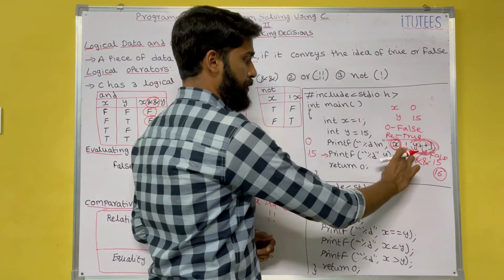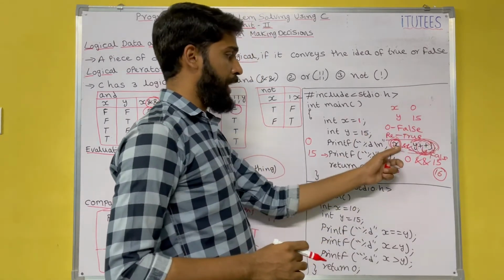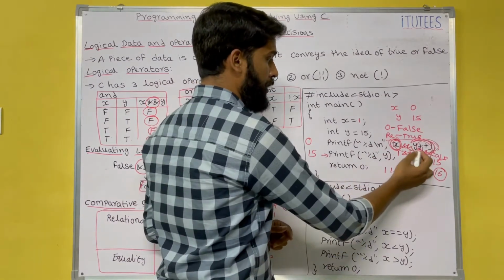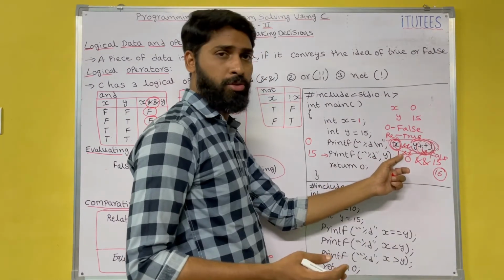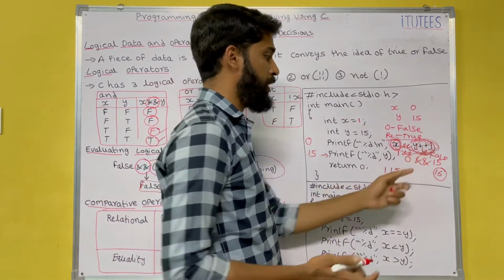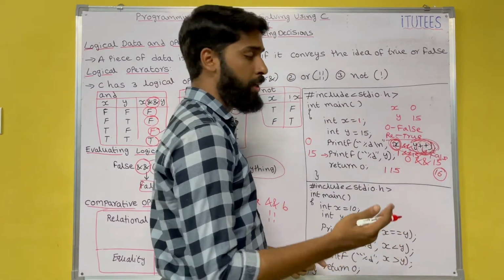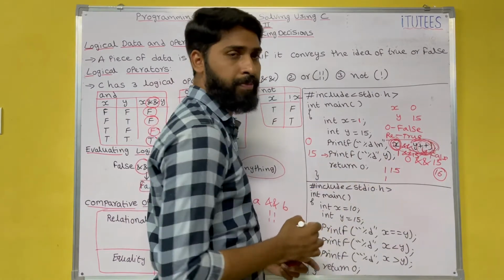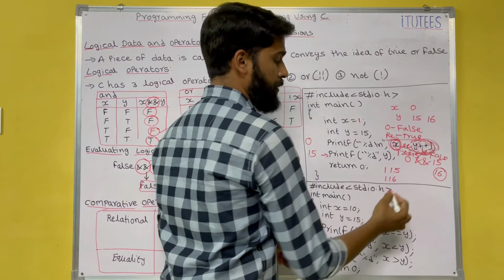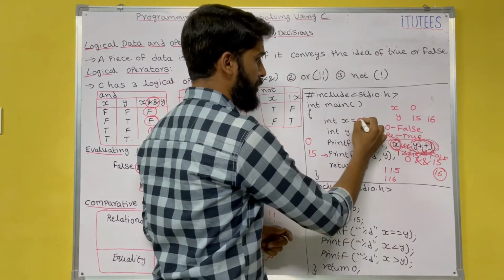We see the same example, x AND y plus plus. Now x value equals 1, so it's true. In this case the first expression is true, so you evaluate the next expression, y plus plus, where y equals 15. So 1 and 15 means true, true. It returns true, so it prints 1. After this instruction, y plus plus becomes 16. It prints 16.